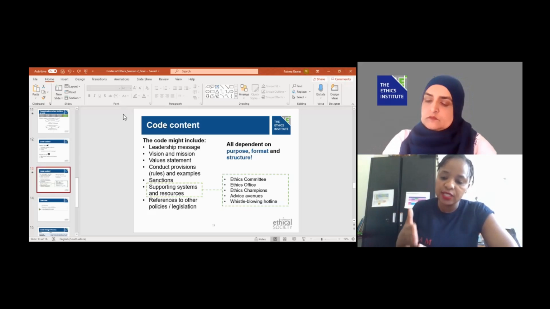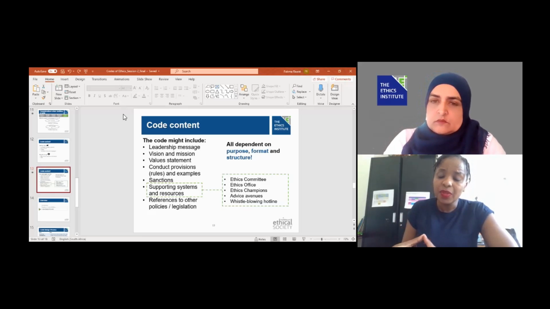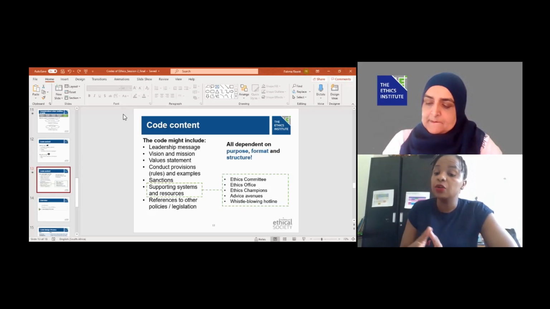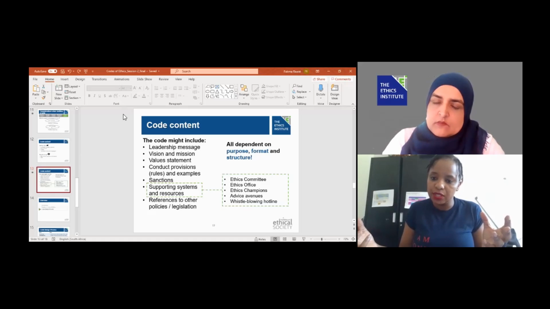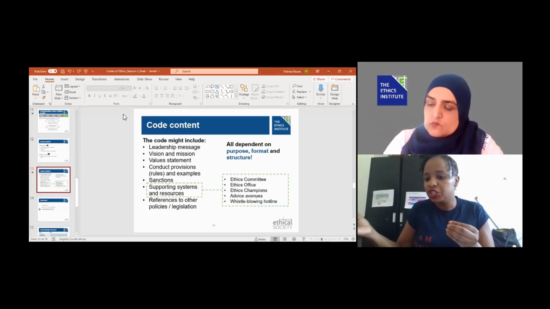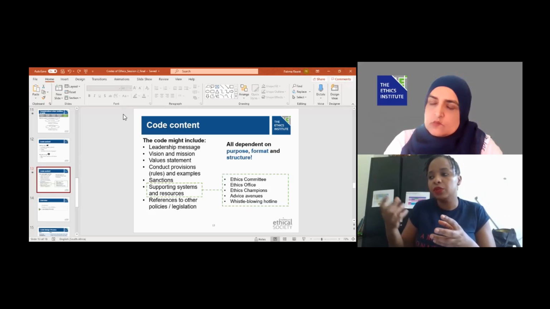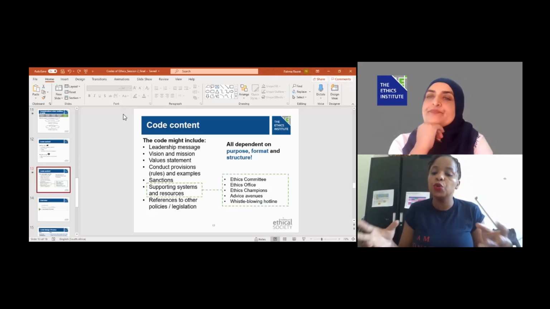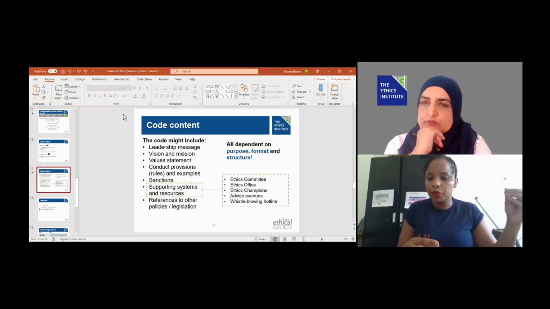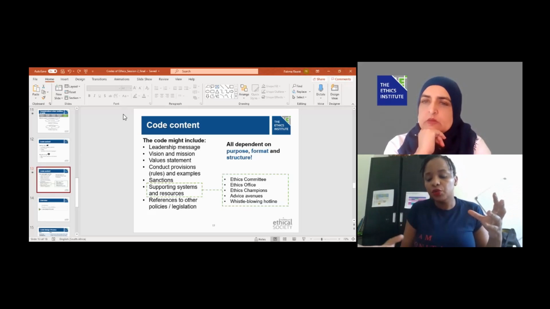If we want to address risks that are there, we can do it through our code of ethics, but we can also think that the code of ethics has policies that are aligned to it. And those policies can serve that purpose of addressing each risk. We can frame the risks in different policies that go along with the code of ethics. Having said that, it's not wrong, and a lot of companies have decided to mix the two, have a bit of the inspirational part and have the rule-based.